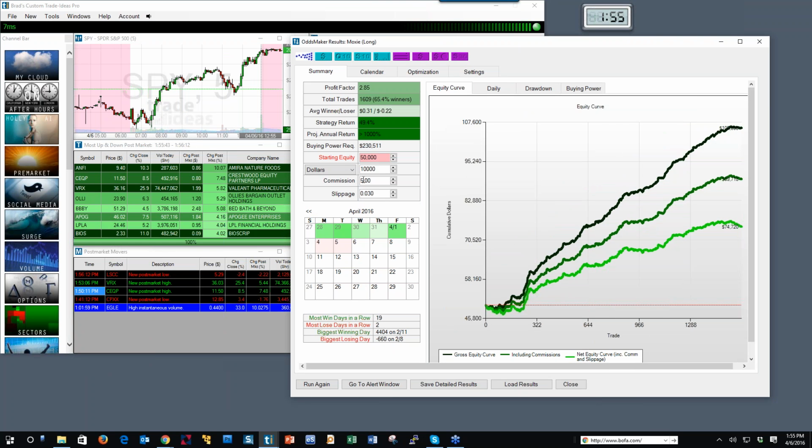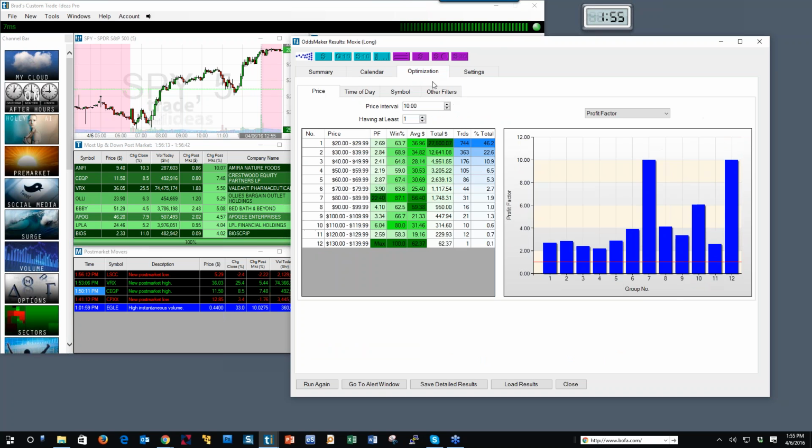You can create an alert window, backtest it, refine it. See, the real power here in the Odds Maker is not just the data that it's telling you. Tremendous amount of data, the calendar heat map where you can go back and see how you did every day for a particular month, a particular day. But the optimization tab is really where the power lies, and this is what we developed before we invented Holly,